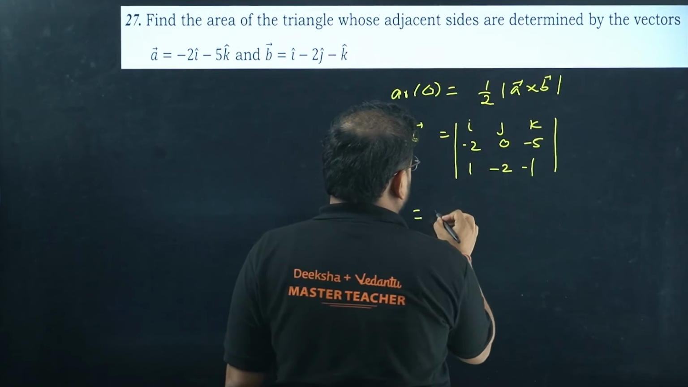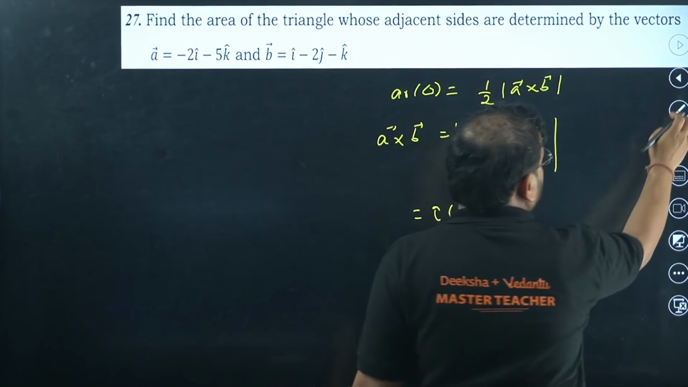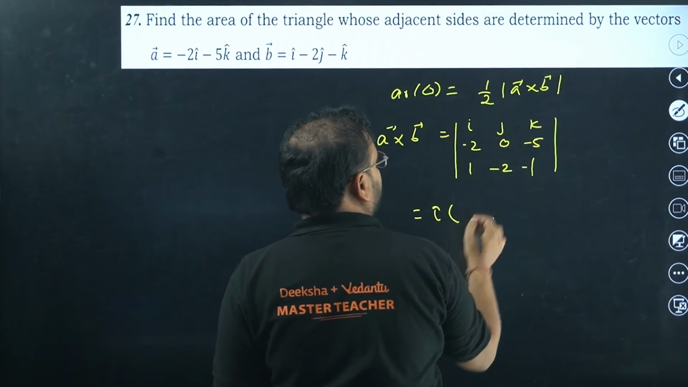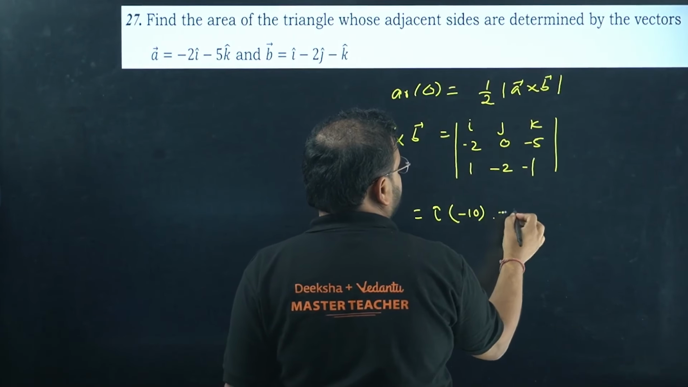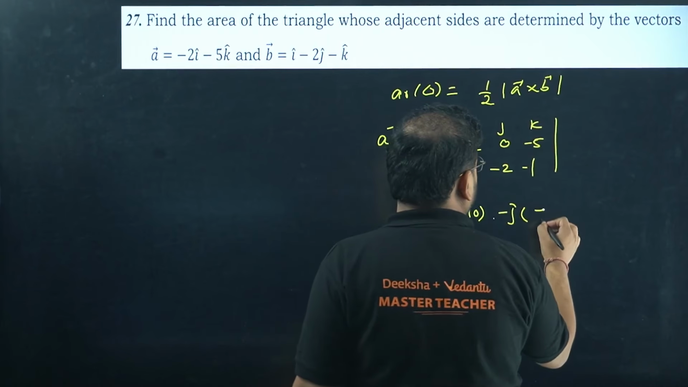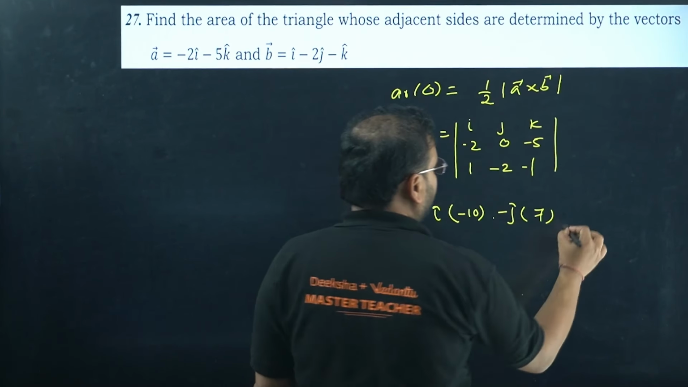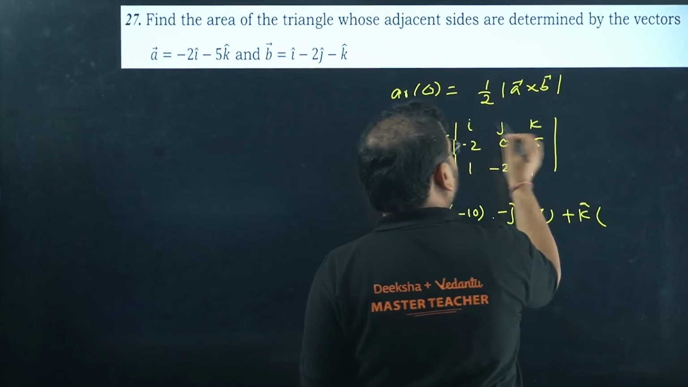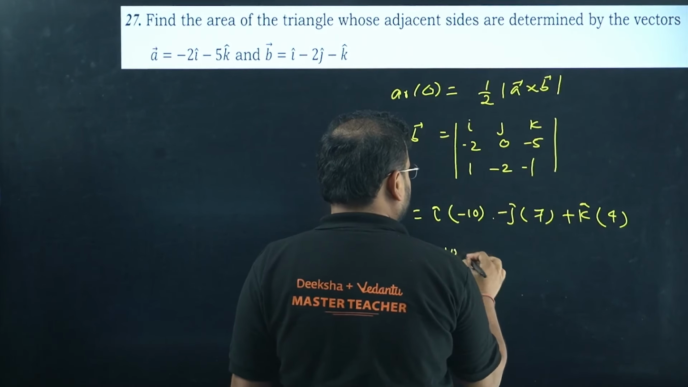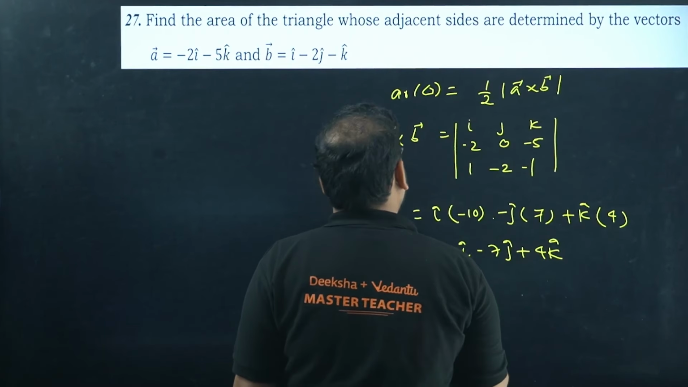Start with i cap. This is gone. This is going to be minus 10. Minus j cap, you're going to check. This will be cancelled. We'll have here 2 plus 5, which is 7. Check here, 2 and minus 5 will become plus 5. Plus k cap, you're going to check. So 4, and this will be 0. So 4. So my answer is minus 10 i cap, minus 7 j cap, and plus 4 k cap,